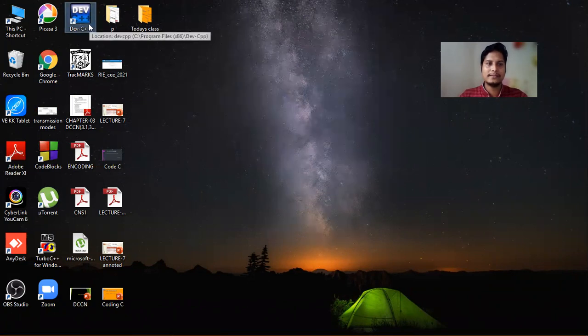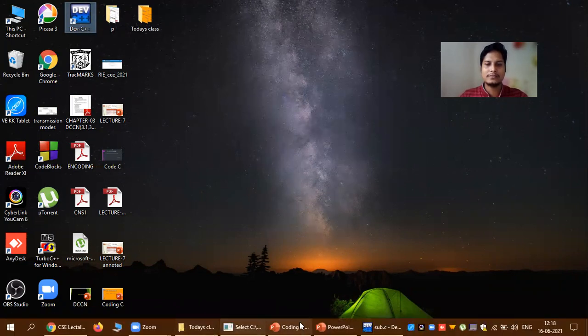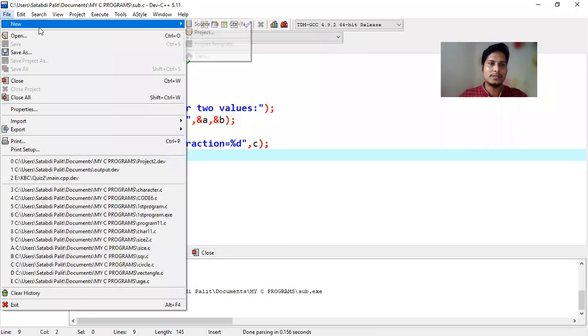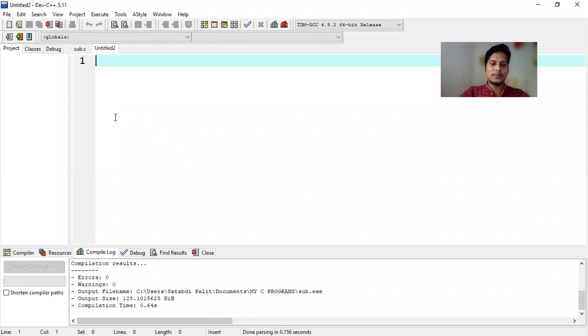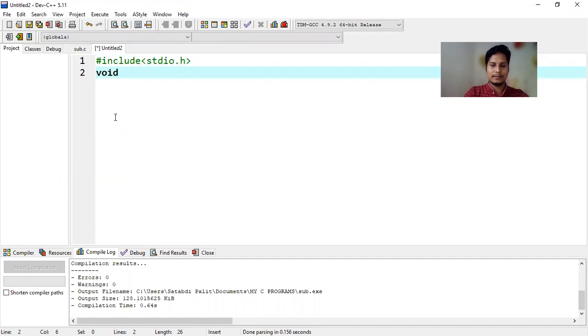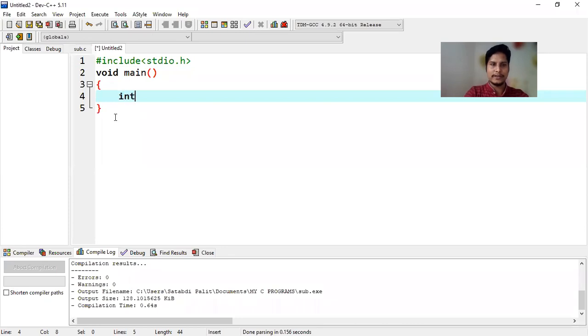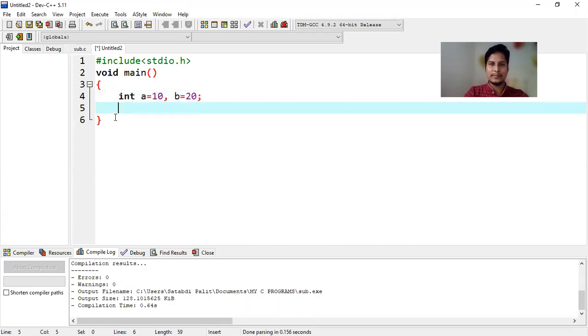So here I'm opening my Dev C++ editor. It is already open. In the new, I'm going to source file. Now this is opened. I'm writing the program: include stdio.h, void main, opening curly bracket, closing curly bracket, int a comma a is equal to 10 comma b is equal to 20, semicolon.